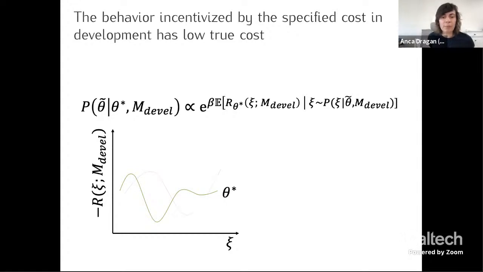What this model says is I'm probably not going to write down this cost function, because this cost function, when I optimize it, produces a trajectory that's really bad with respect to theta tilde. I'll catch that. I'll fix it. I'll specify a different theta tilde. So I'm not going to write down this red one.